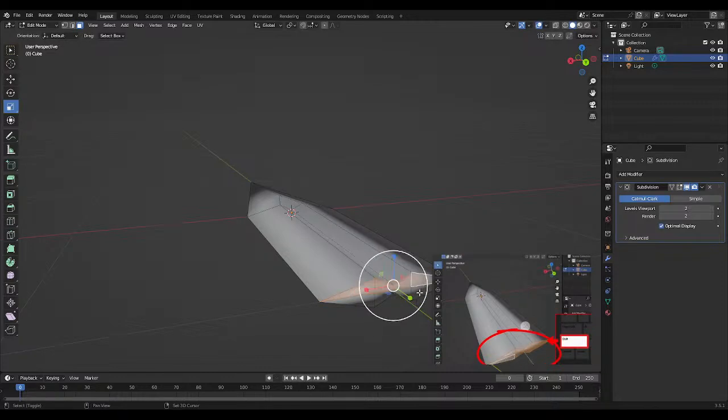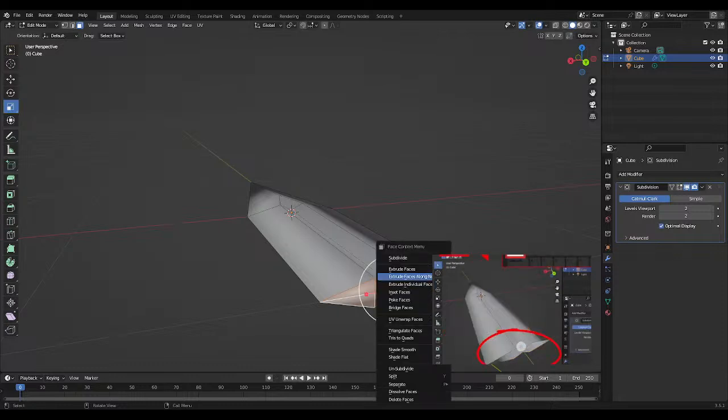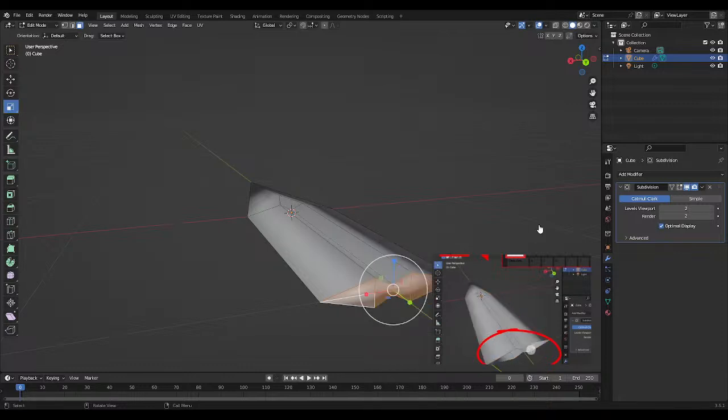Great. And then once we have them all selected, we can perform our delete. So I'll hit X on my keyboard to jump into the delete menu. Then we'll choose delete faces. Then once we have that, if you jump back out into object mode, you'll notice that the back edge is now fixed. We have our cage mesh fixed for that area, but the rest of it is still too